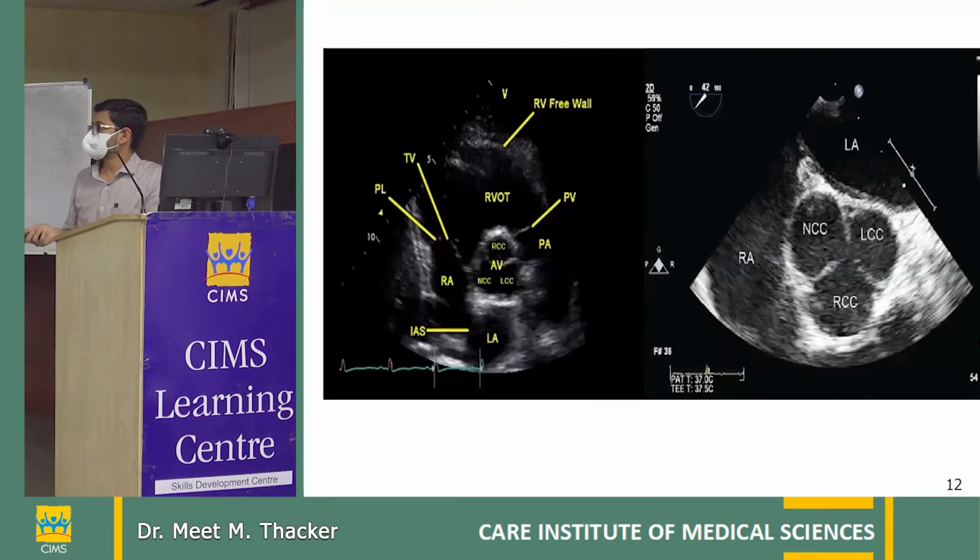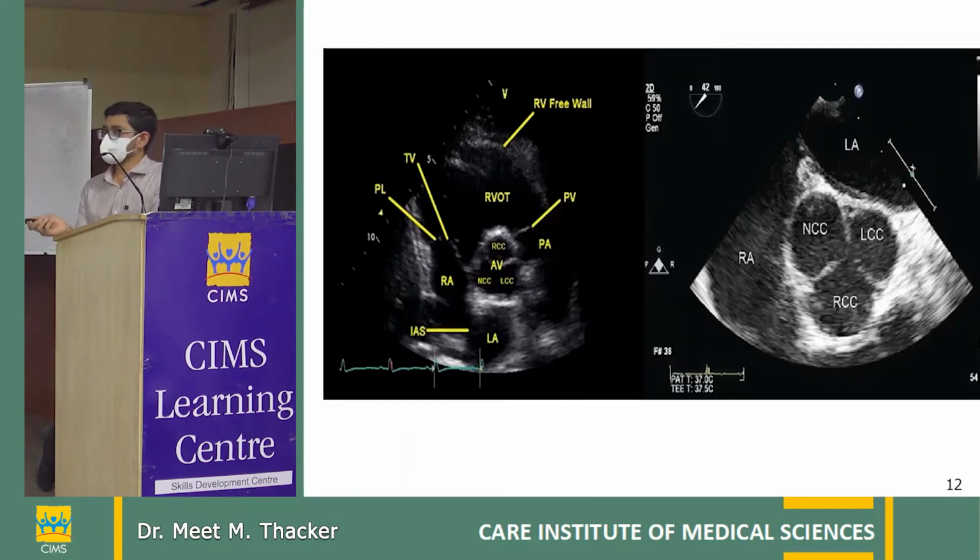Just the schema, the picture, just to understand the anatomy and the drainage of the coronary cusps. This is a transthoracic image, the parasternal short axis view at the aortic level. This is the LA, this is RA, this is RV, this is RVOT, the pulmonary valve and the pulmonary arteries. This is the aortic valve, the three cusps: the non-coronary cusp, which corresponds to the interatrial septum, the right coronary cusp, which corresponds to the RVOT, and the left coronary cusp, which corresponds to the LA. So the most commonly ruptured cusps are the RCC and the NCC. So obviously they'll be draining more commonly into the right-sided chambers, and the left is the least commonly encountered.